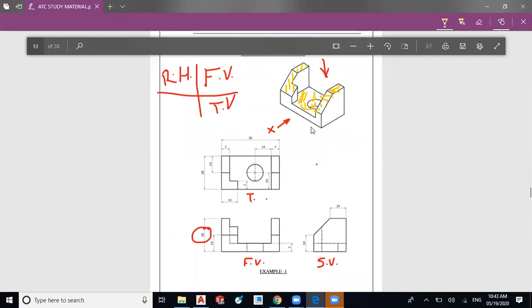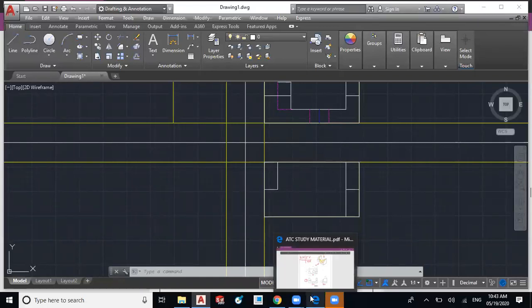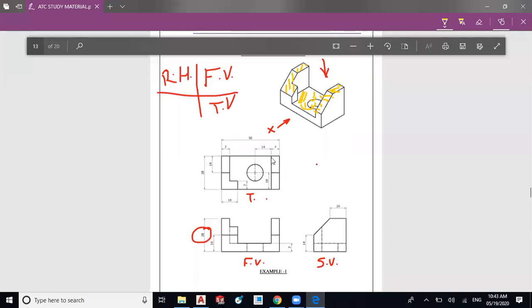So first we'll move to the side view, or we'll draw this circular hole first, so we can track the position of that circle. It is 21 mm inside, and 14 mm from this edge and 14 mm from this edge.